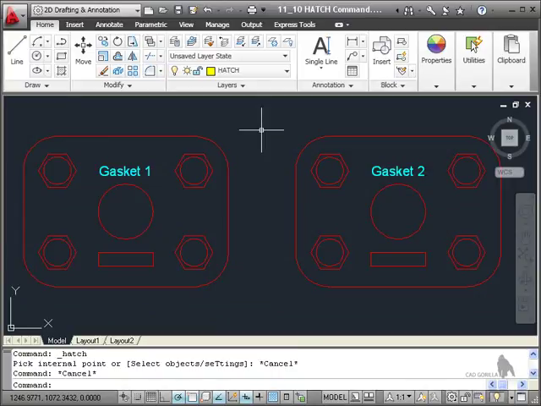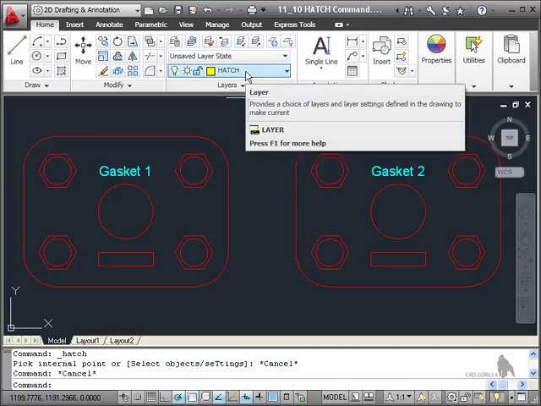Okay, so now we need to hatch our gaskets so that they're highlighted. We need to hatch using certain types of hatching so that everything looks the way it should. Now, I've got a hatch layer. Always put your hatching on a separate layer. That way you can freeze it, thaw it, and switch it on and off when you need to for clarity